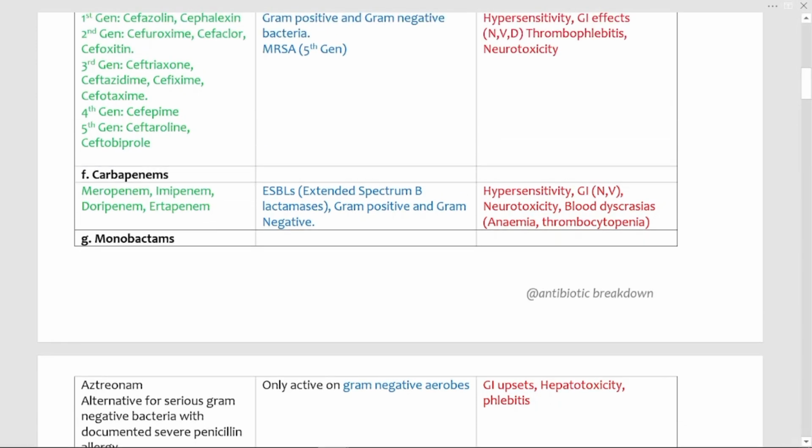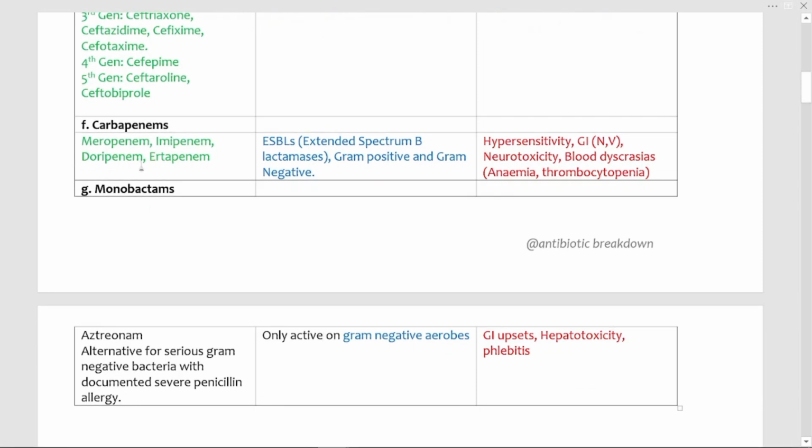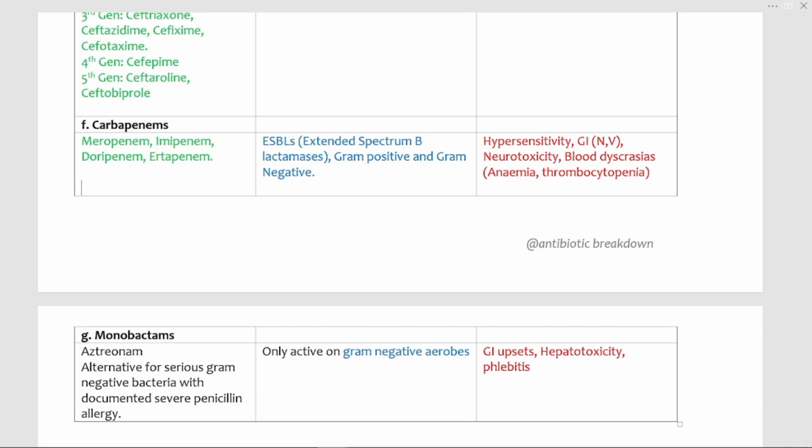There's one thing that I forgot to add. Now, when it comes to carbapenems, these are very good drugs. I always call them bomb blasts. They are always the last resort when it comes to dealing with bacteria that are resistant towards other penicillins. But one thing you have to note here is that there's one drug called imipenem. Imipenem is always easily degraded by the kidneys, and that being said, we always give imipenem with another drug called